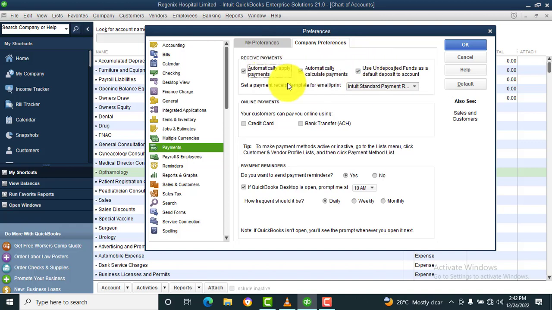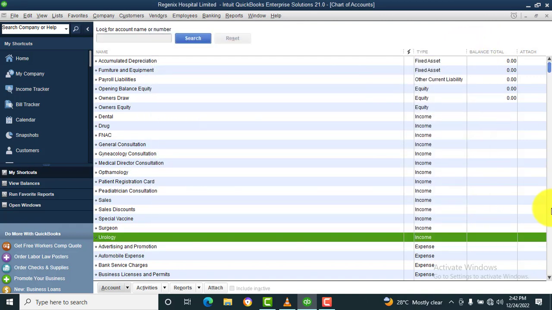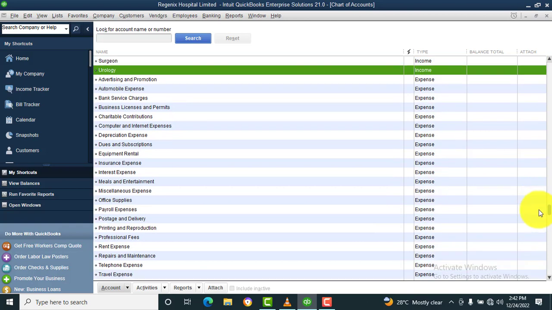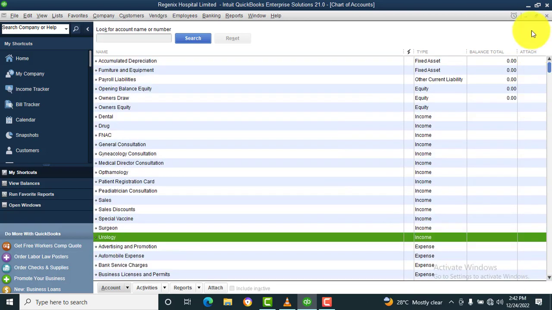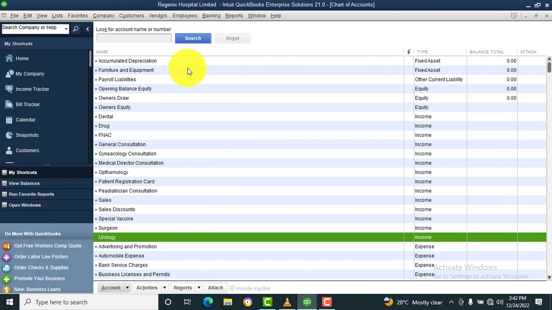Okay, so I have it on automatically apply payment. Okay, use. So yes, look, do we have now undeposited fund? Let's click OK. Let's see, do we have undeposited fund? Okay, so now we need to create one, because let's see, if we go to customer and go to enter sales,